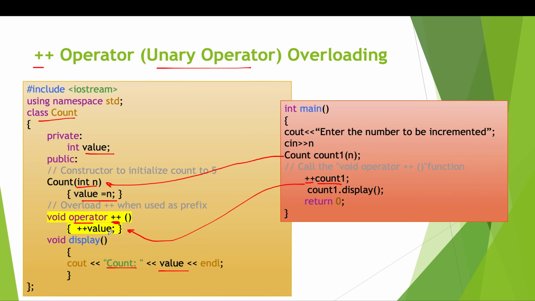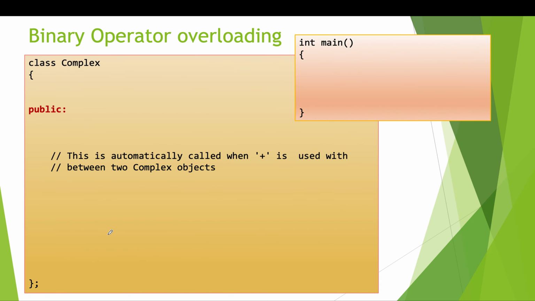Now we'll move towards something complex. So just concentrate, everyone. Just keep your eyes on the screen and ears open for 5-10 minutes. Now what we are going to do is overload a binary operator. Binary operators, everybody knows, are plus, minus, multiply, divide; all these are binary operators. Why do we call them binary operators? Because they need two operands. Generally we put one operand before the symbol and one operand after the symbol. So we'll see how we work with these binary operators.